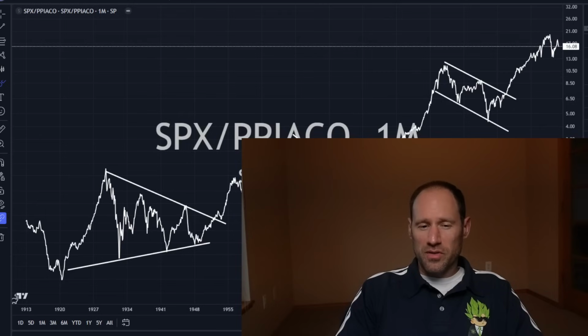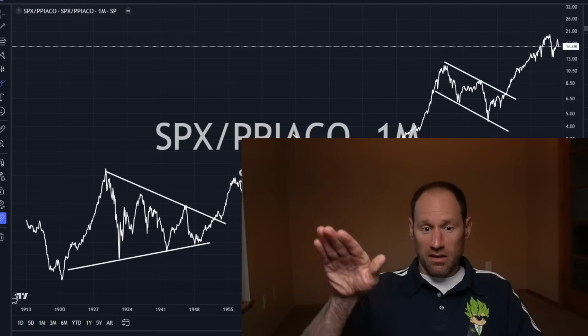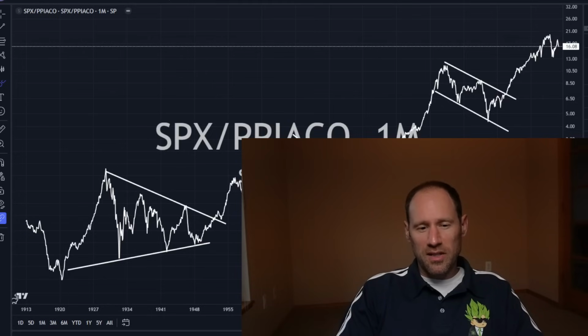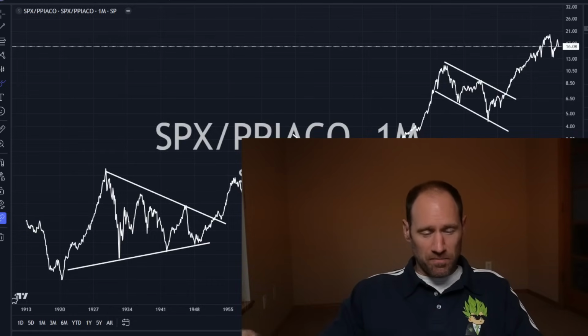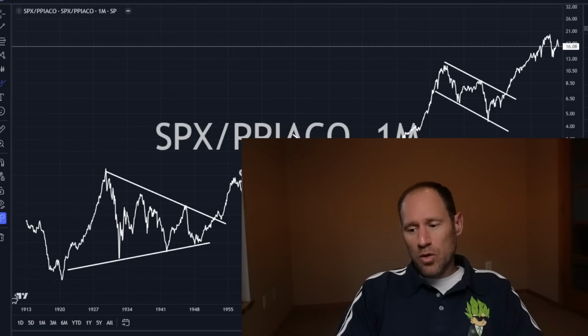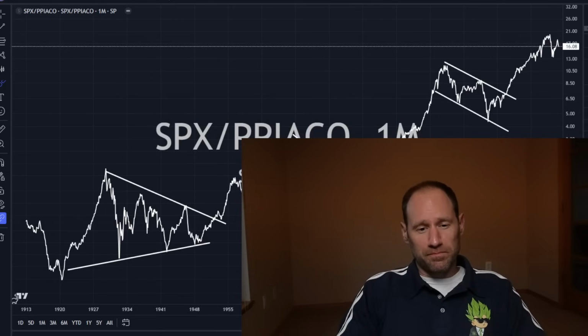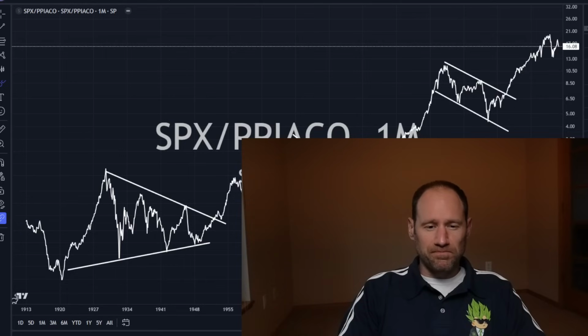I don't think Powell knows if it's done yet or not. And higher for longer could definitely mean a lot higher than what most people think. Some are saying that we are going way higher in interest rates, which means this is not done yet. Others think that the yield curve's inverting and it's uninverting and that we're going to get a recession. Who's right? I don't know. I don't know who's right. We're going to have to continue to see how the data plays out.